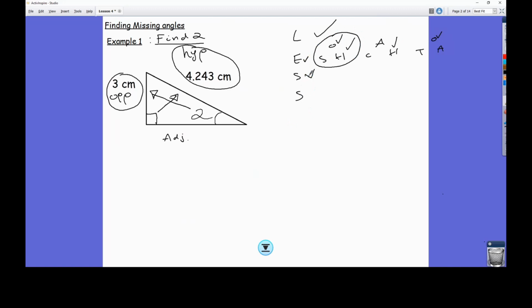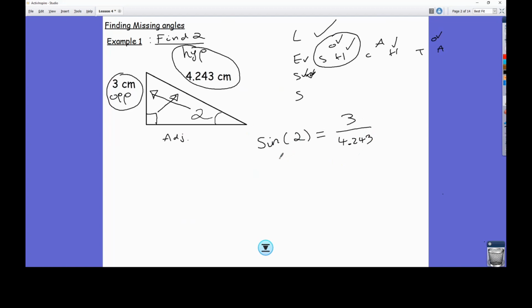So we've done these two bits. We selected it, yeah. Now let's form an equation. So our equation is going to be sine of the angle, so sine of alpha, is equal to the side which is opposite to alpha, so the one that I've drawn first, this arrow here, so opposite 3, over the hypotenuse, which we know is 4.243. So we have sine alpha equals this,